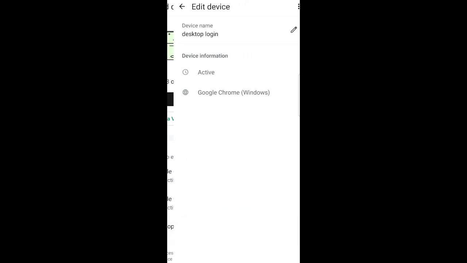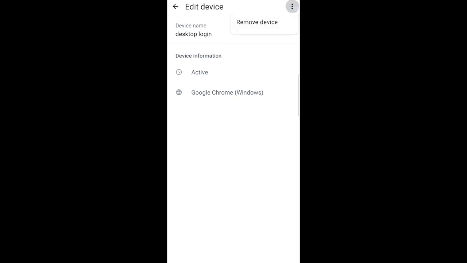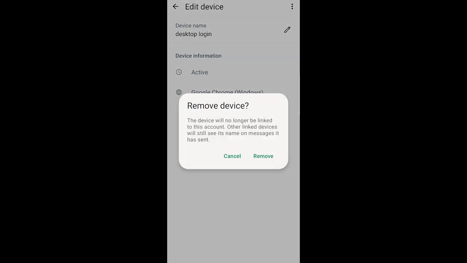Now click on it. So for log out we are going to remove this device. Now you see three dots, so click on it. Now you see remove device, so again click on it. This device will no longer be linked to this account. So on desktop web WhatsApp,